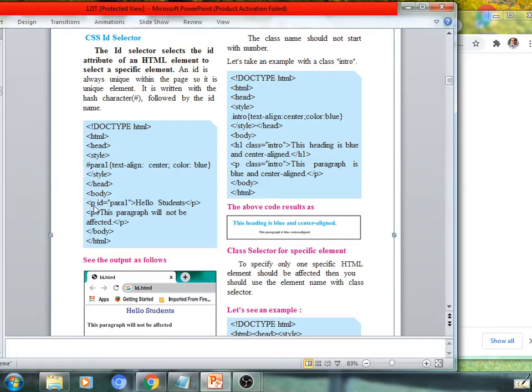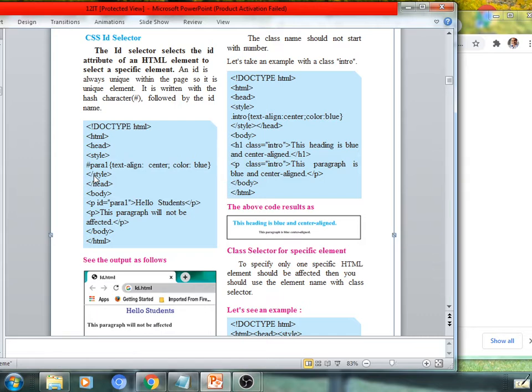When you apply this to any P tag as a paragraph, as the meaning implies, here we have given P ID equal to para1, hello student, slash P. So para1 is an ID which is declared in the style and its end tag within the head section.